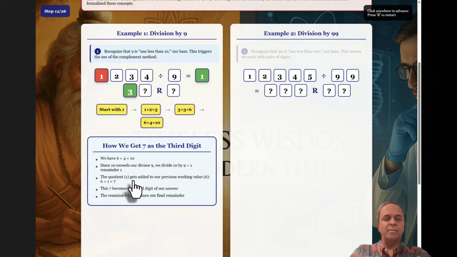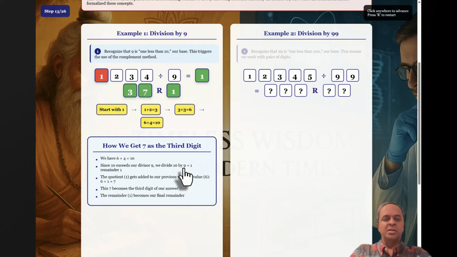So that quotient 1 will get added to our previous working value of 6, right? So here, remember 3 plus 3 is 6. So that 6 you take, and then you add that after we divide 10 by 9, we get a quotient of 1. So you add that 6 plus 1, 7, okay? So that becomes our third quotient, okay? And once you do that, 7 becomes the third digit of our answer, and then the remainder 1 becomes the final remainder,